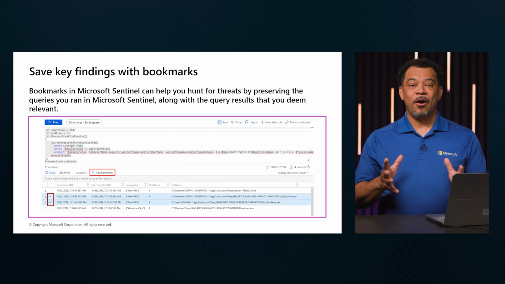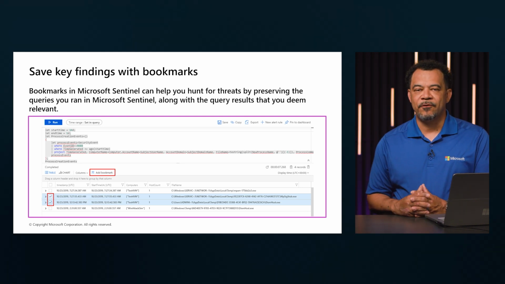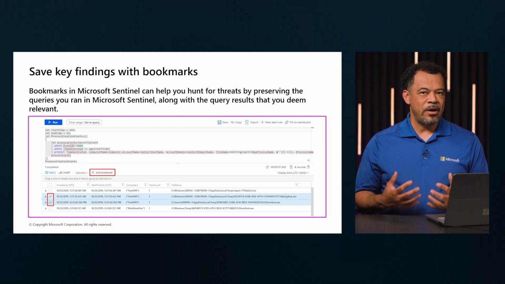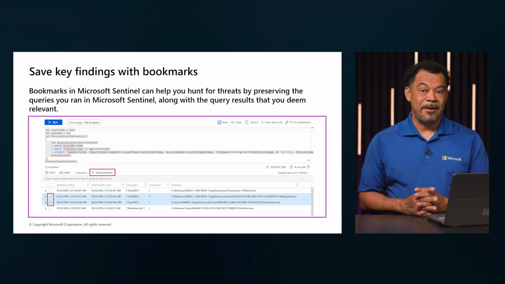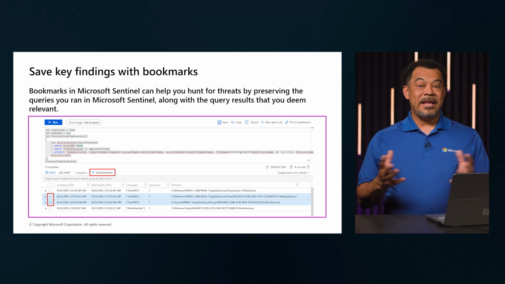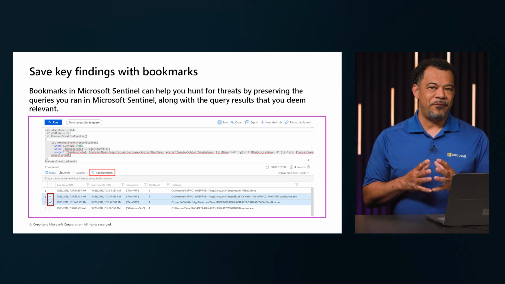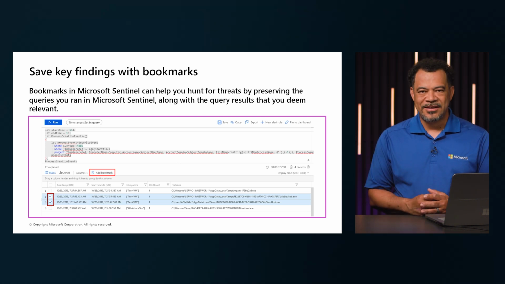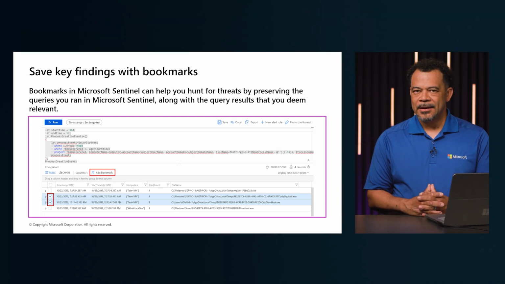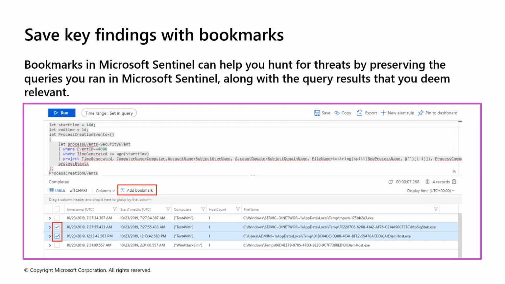Microsoft Sentinel bookmarks are a powerful feature used during threat hunting and investigations to save and track important findings. When you run a query and identify suspicious or noteworthy results, you can create a bookmark to preserve that data point along with its context, such as the query used, the timestamp, and any relevant entities that are part of it. Bookmarks help analysts organize their investigations by allowing them to revisit key evidence, correlate it with other findings, and even link it to incidents. They can also be used to build cases over time, which makes it easier to document and communicate findings across the security team.